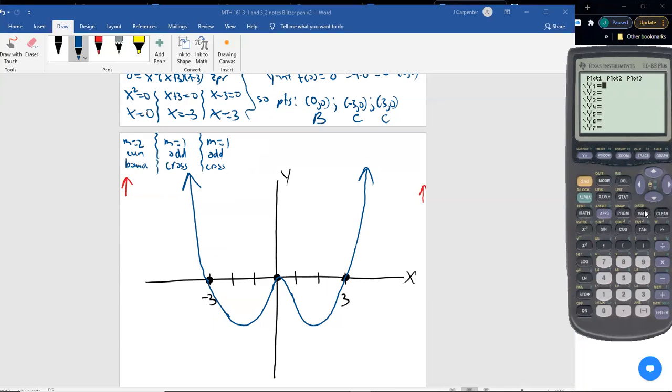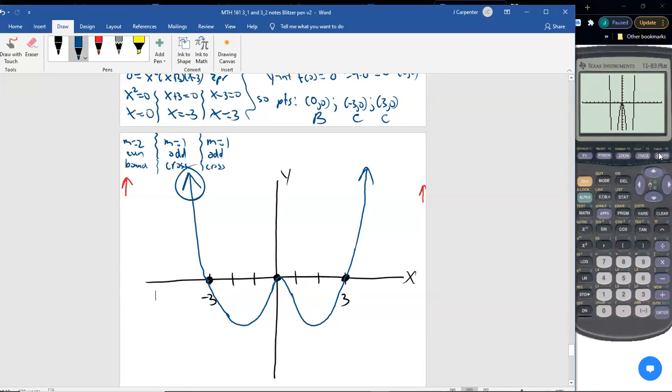So let's clear the old one. This was x to the 4th minus 9x squared, I believe. Minus 9, don't forget the 9. Let's double check that. X to the 4th minus 9x squared looks good, graph. So our picture looks pretty good in terms of, hey, this looks good, this looks good, this looks good. We're touching here, we're touching here. The only thing I think that doesn't look perfect is, and I tried to allude to this earlier,